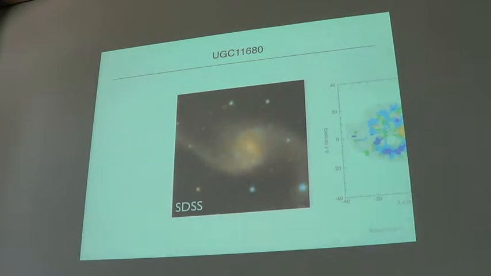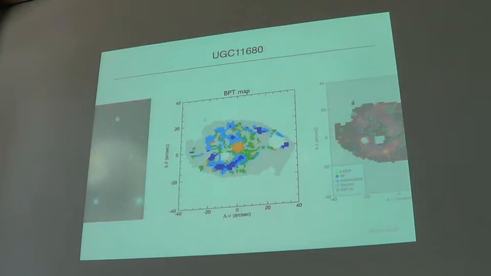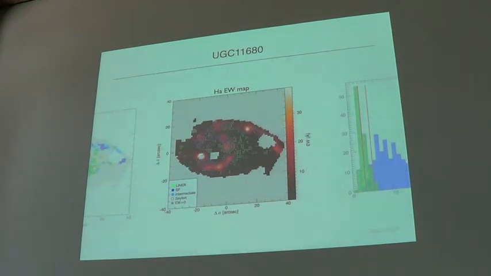Here's the SDSS image. Next is the BPT map. You see in blue, the blue traces the star forming spiral arm, and you have LINER emission in between, and the core here, there you have AGN Seyfert type. So this would actually not be classified as a classical LINER galaxy because it doesn't have LINER emission in the nucleus. What you see next is again the same plots overlaid, the blue-green speckles,